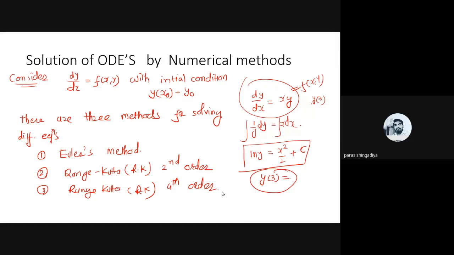So let us identify the formation of the Euler method, which formula will be there and how we can solve for the answer by using Euler's method. First is the Euler method, then RK second order and RK fourth order. The answer depends on a single particular formula. If Euler's method is asked, we'll apply the Euler technique, and if RK second order or RK fourth order is asked, we'll apply that method. So let us discuss the Euler method.